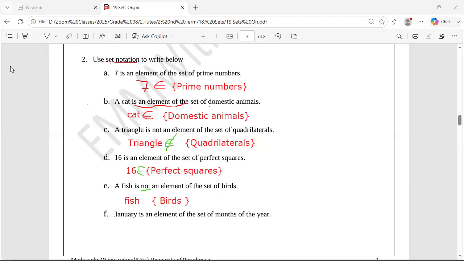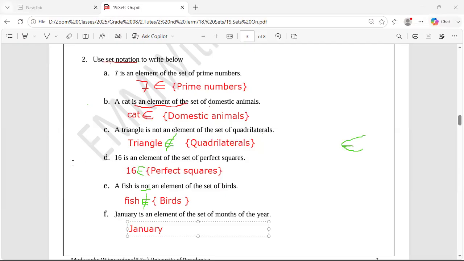It is not an element. So this is "not E," as I told you earlier. First of all, you have to write the C, then make it E. Then January is an element of